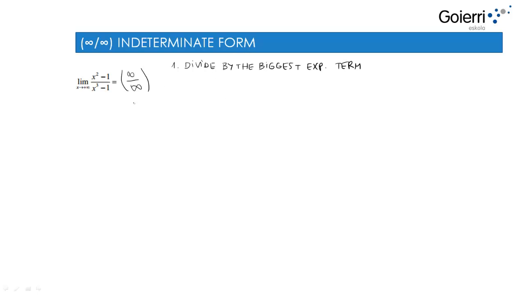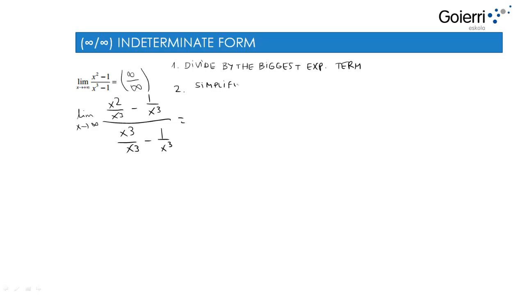On the top we have x squared, and in the bottom we have x to the third. So here the biggest one is x to the third. So we have to divide all the terms by x to the third. I think it's quite easy, right? So second step,